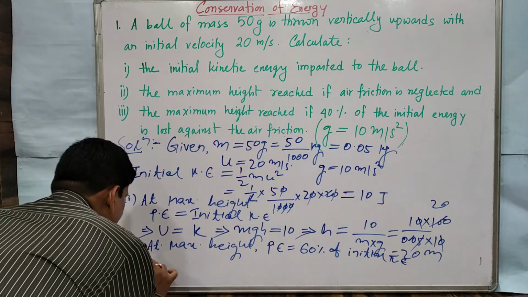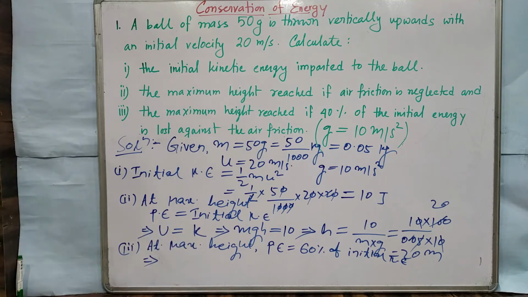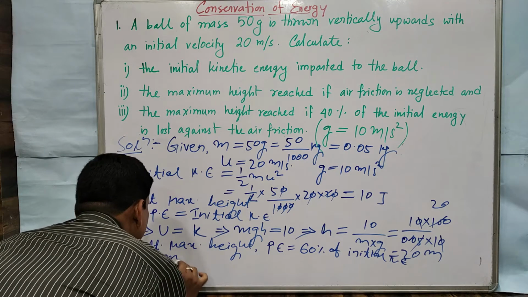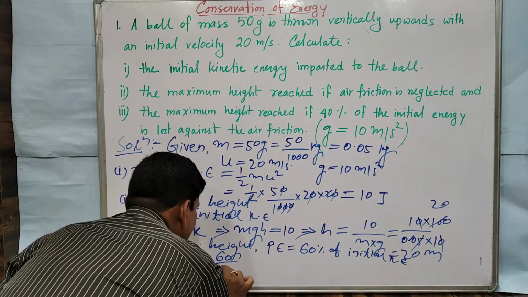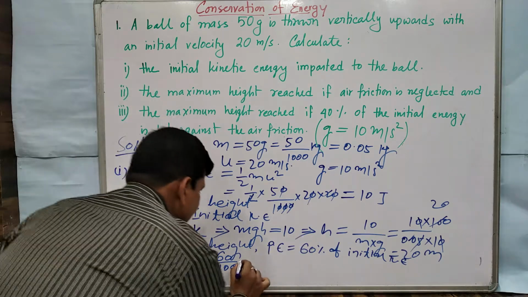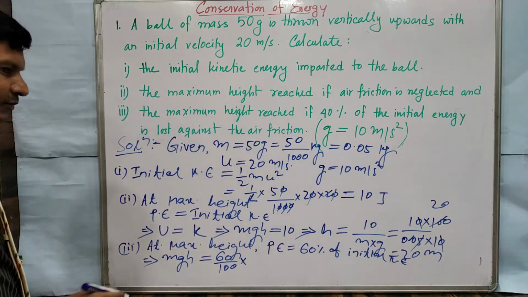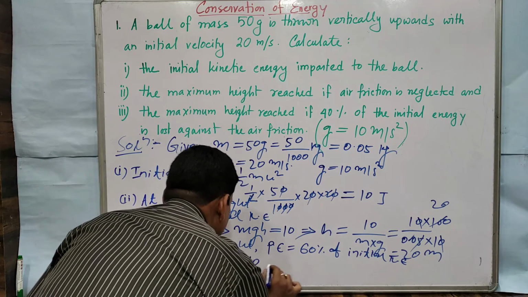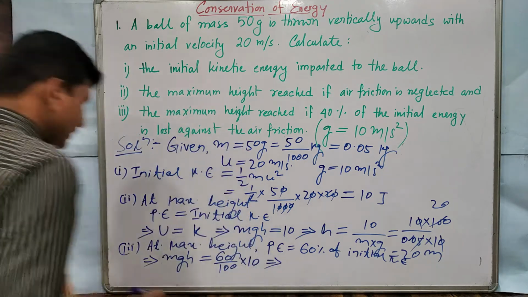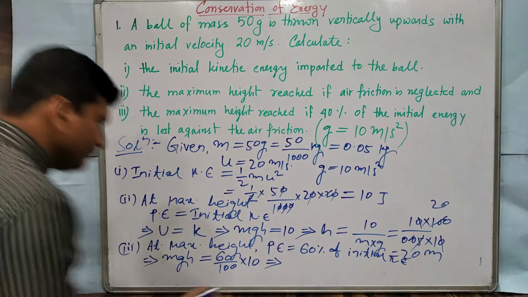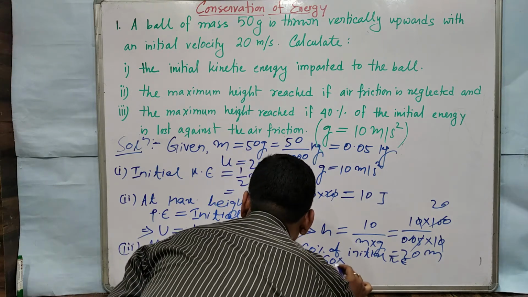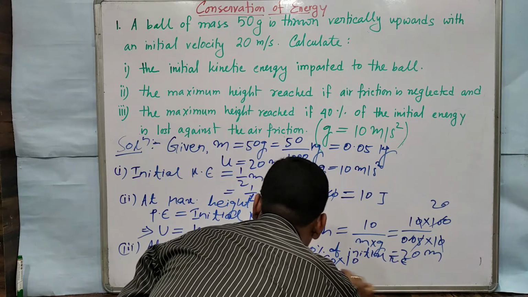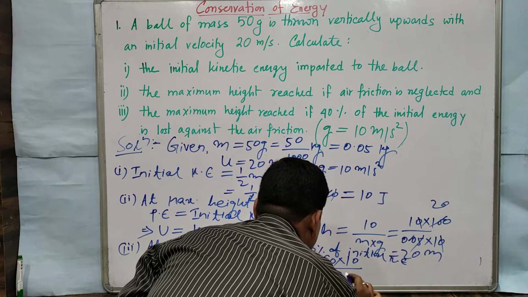That implies, now what is the potential energy? That is your mgh. Again you write here mgh. So mgh is equal to 60 divided by 100, that is 60%, into the initial kinetic energy, which was how much? 10. So write down that 10. That implies now we have to find the value of h, that means height. So h is equal to 60 into 10 divided by 100, which is already there,